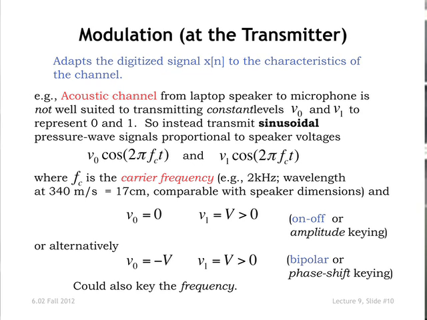Every time you want to shift from a 1 to a 0 or a 0 to a 1, you're going to change the phase by 180 degrees. That changes the sign, right? So it's fixed amplitude, and you step the phase each time you want to change. So this would be a natural way to do it. Why 2 kilohertz? Well, we know that this is the kind of frequency that a loudspeaker likes. And the more general principle is, whenever you're trying to radiate energy, the size of the antenna element that you use, for efficient transfer of power, has to be comparable with the wavelength of the signal that you have. So for instance, if you're talking about sound, at 2 kilohertz,